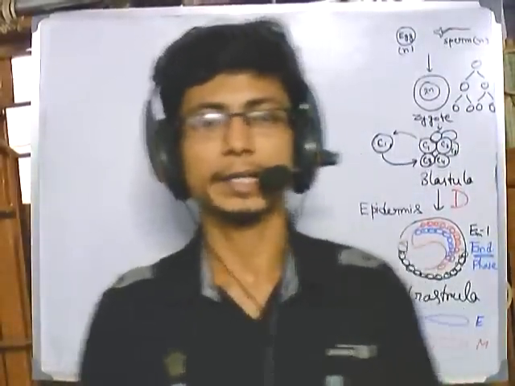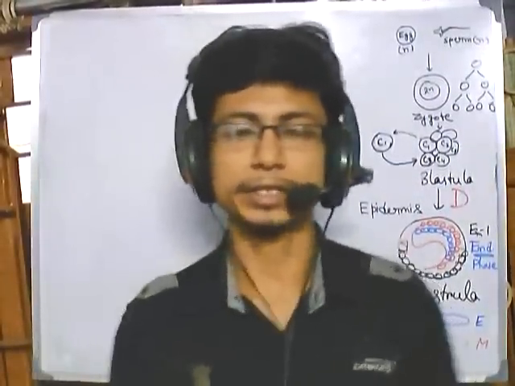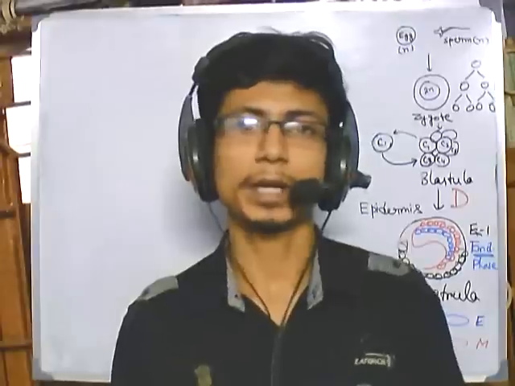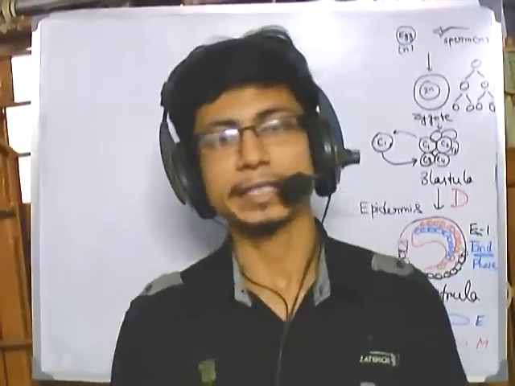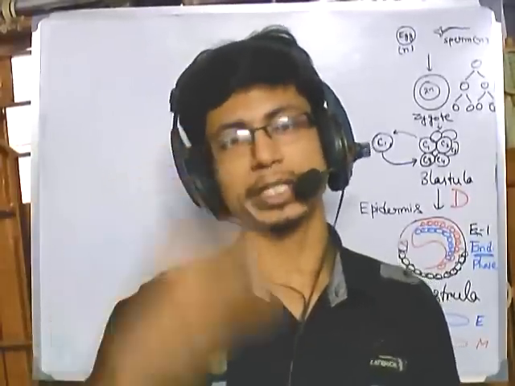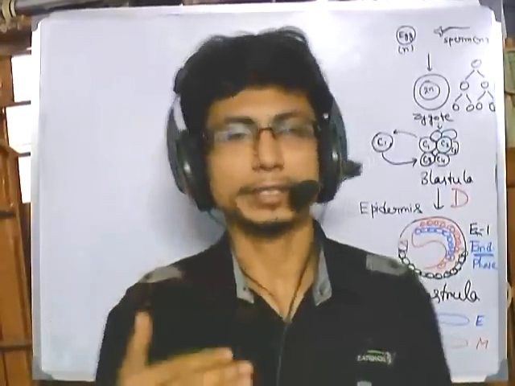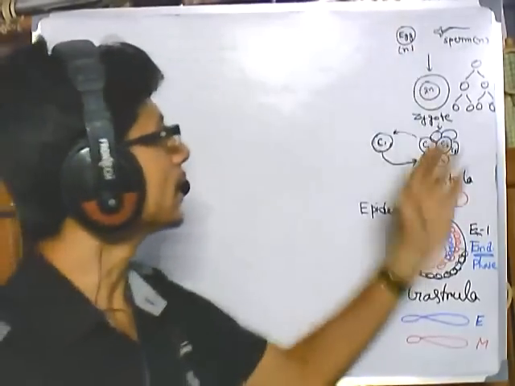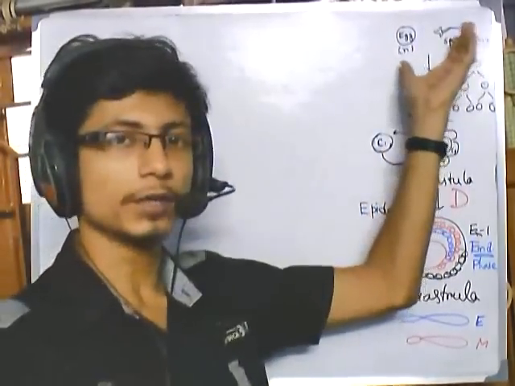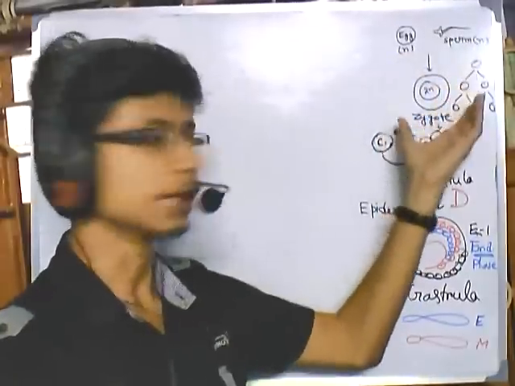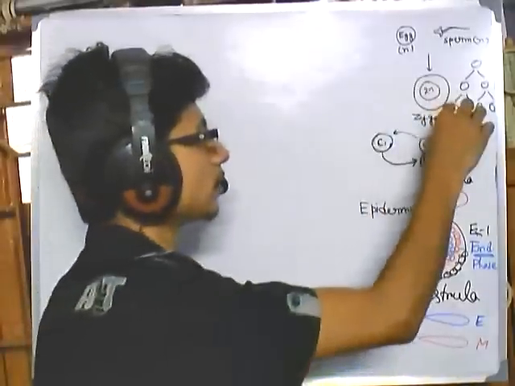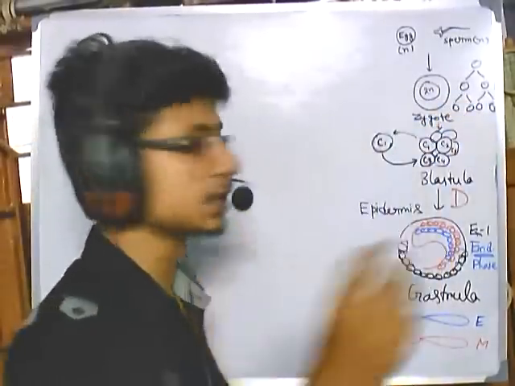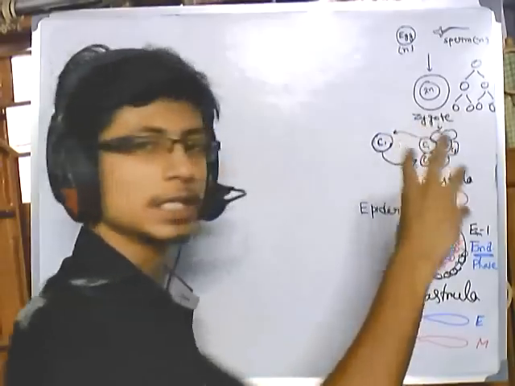Hello friends, we are talking about developmental biology, and we have seen the introductory part about developmental biology and why we study it, and then we have seen the sequential steps of embryogenesis, which is drawn here. That means the fusion of egg with sperm, then production of zygote, then the division of the zygote. Now cell division of the zygote, which you can call cleavage, will give rise to a mass of cells layered